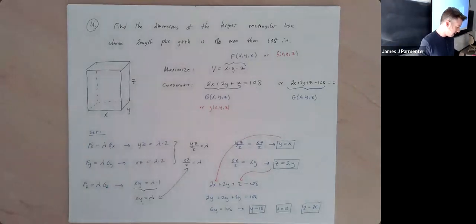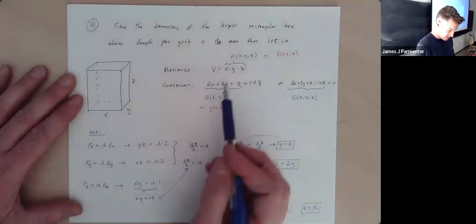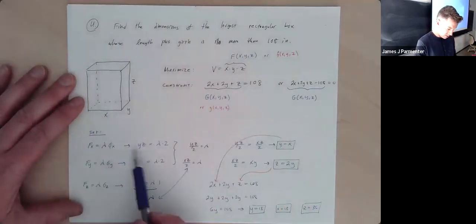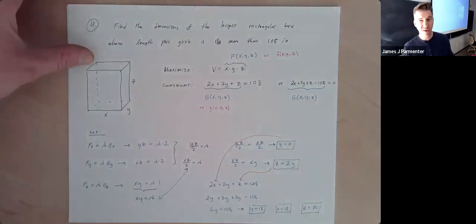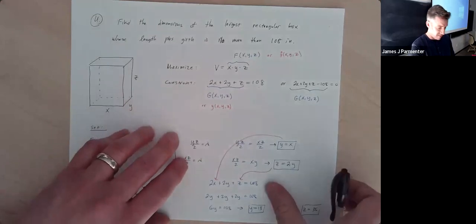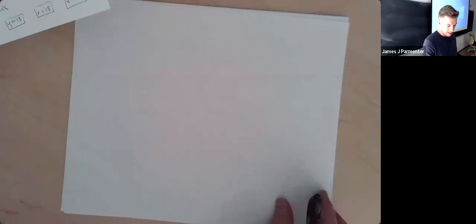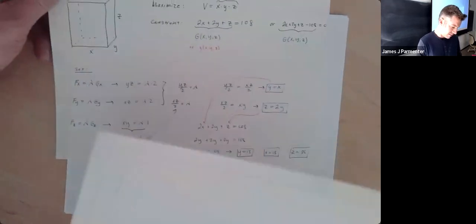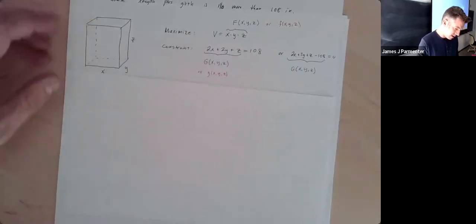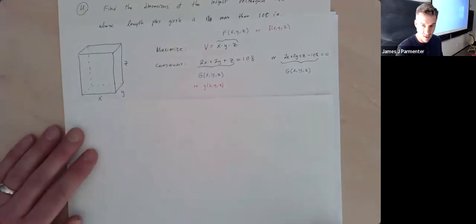The last thing I want to say is that some people just do it like this, where you say this is f and this is g, and you set each partial equal to each other. Some books and teachers like to make it more complicated, I feel like, by doing the following thing. So here's what some people do instead, and this is why I use the lowercase letters, because we use capital. Some books go ahead and say, well, I'm going to call, and I'll do it in red to match the red I've used,